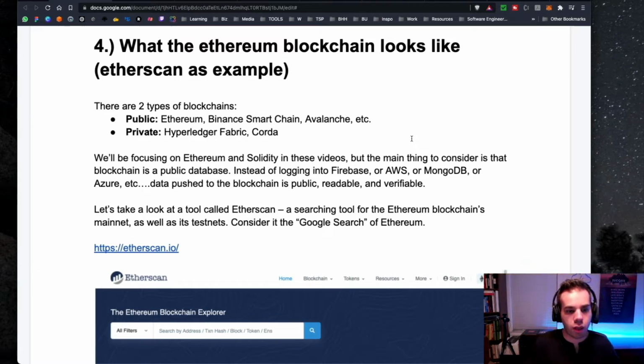So if you think of a cloud database, you have the reads and writes, right? In a public blockchain, you're going to have that write, but you're going to use gas to pay to write onto that blockchain. And that's what helps to encrypt and store. And there are different consensus mechanisms, which are basically ways of how you verify and validate data. Specifically for Ethereum, right now it is a proof of work consensus mechanism. It's going to be moving to a proof of stake mechanism with ETH 2.0.